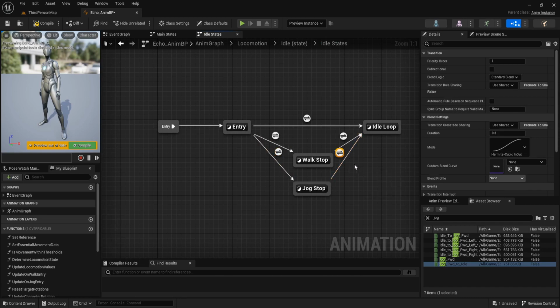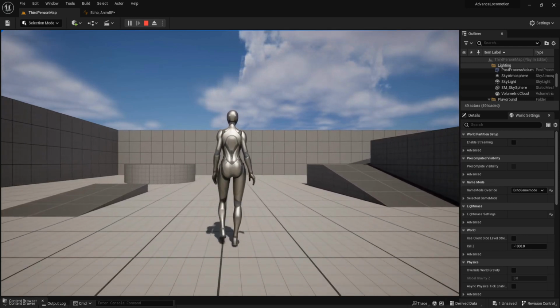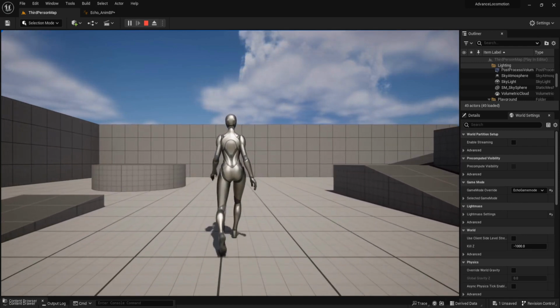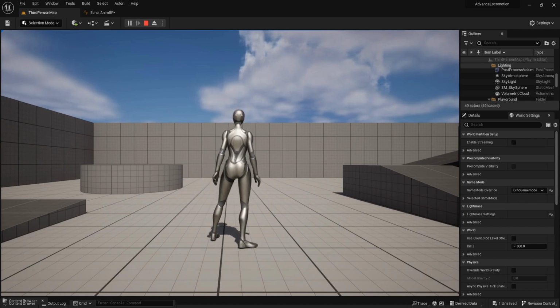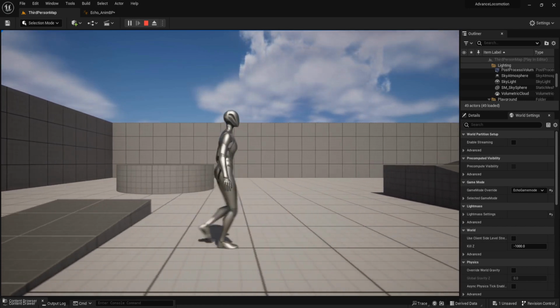In this transition, we set automatic rule based on sequence player to true, and the duration is 0.5. Let's play test. When we walk, then stop walking, the animation will play after we release the button.